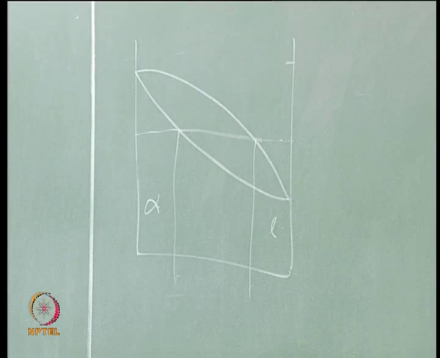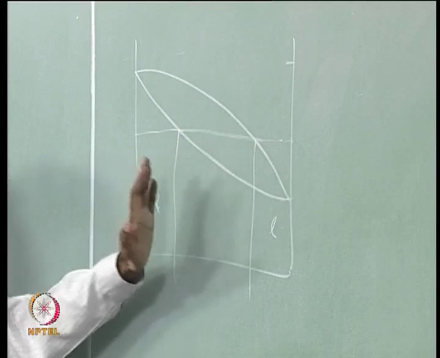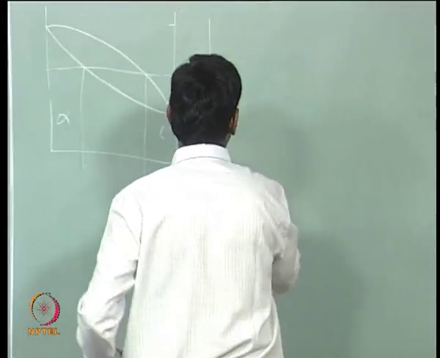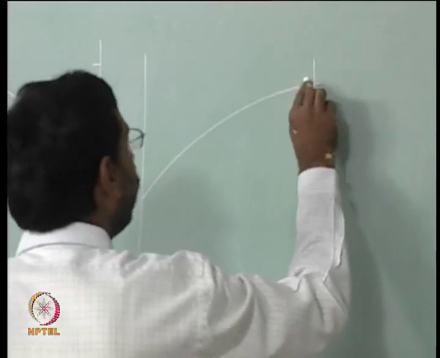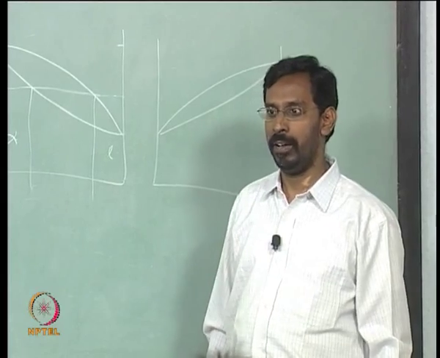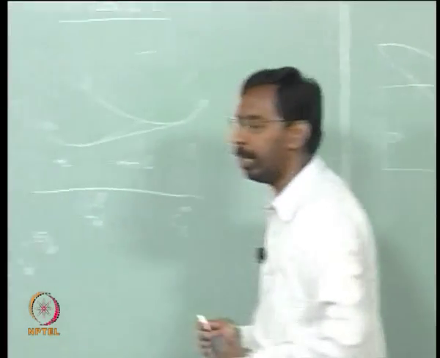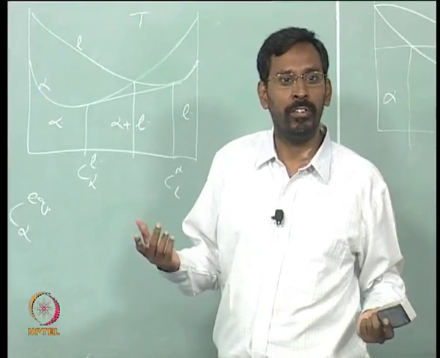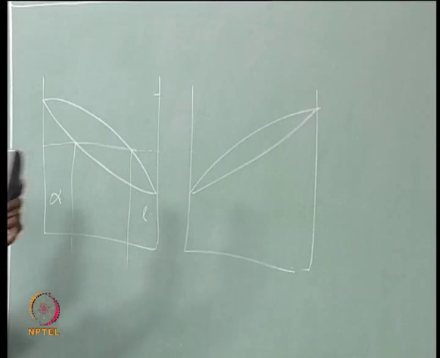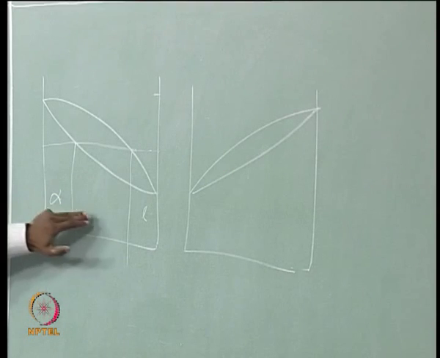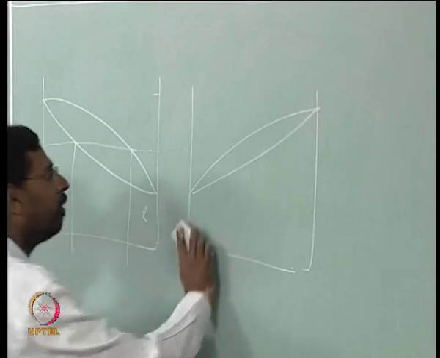That is how there is a 1-to-1 correspondence between the free energy composition diagram and the phase diagram. You should see these two compositions match with these two compositions, and on the left side it should be alpha and on the right side it should be liquid. If I draw the phase diagram like this, this would not correspond with this. Otherwise, because this is anyway schematic, I can simply replace L with alpha, alpha with L, and change the free energy curves, then it would also do. So once you draw this free energy composition diagram first, then the phase diagram should be this one rather than that one. So this has to be remembered.